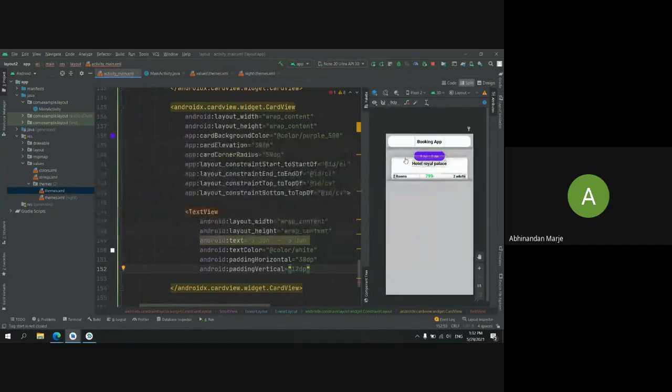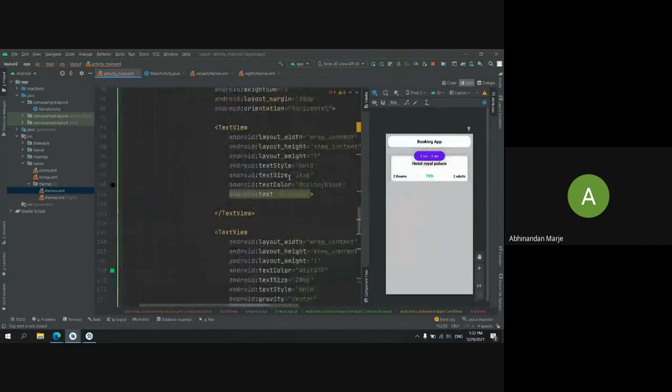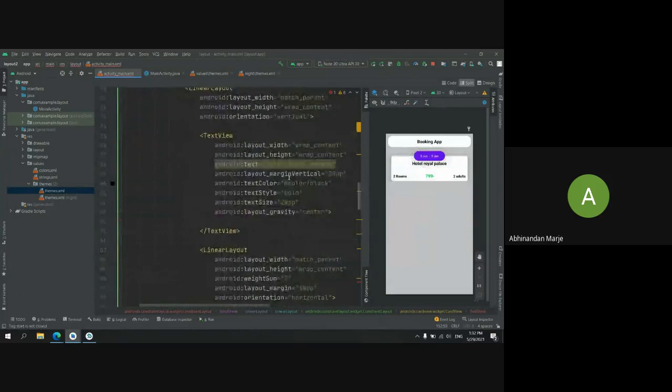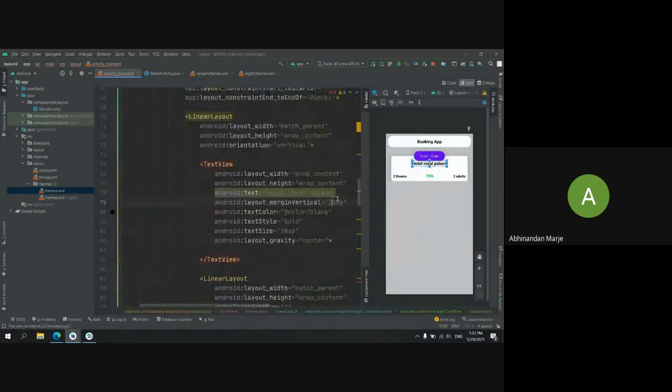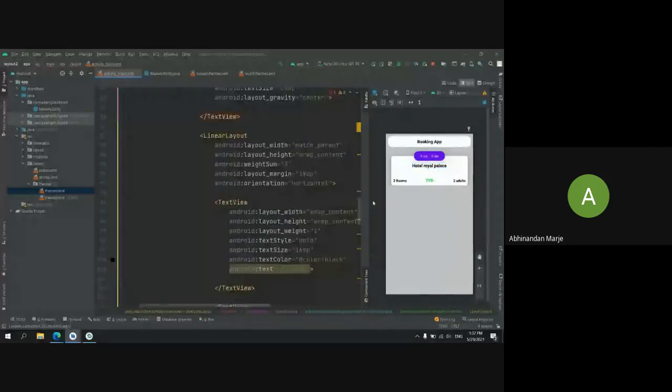Yes, the hotel name, I want more margin here. There is margin vertical, I want to give it more. Yes, now you can see the basic layout you want is ready.